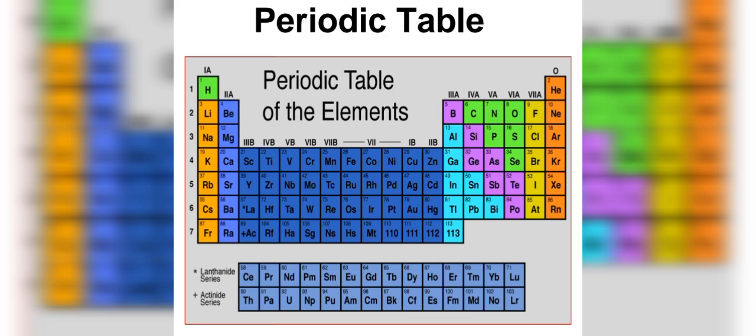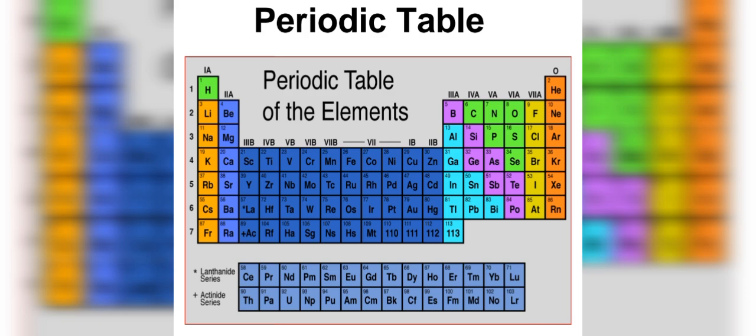So just moving to the new lecture, we will recap the previous lecture. In the previous lecture, we have learned about the periodic table, elements of the periodic table. We have seen what a periodic table is. The periodic table is basically an arrangement of the elements in increasing order of their atomic numbers.